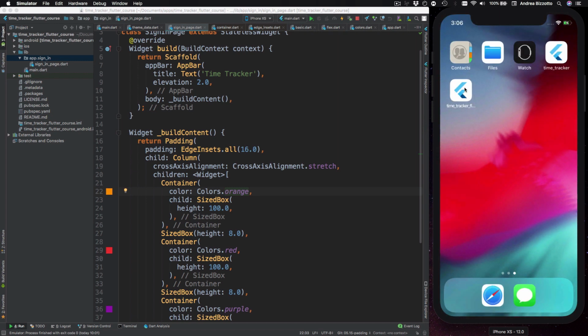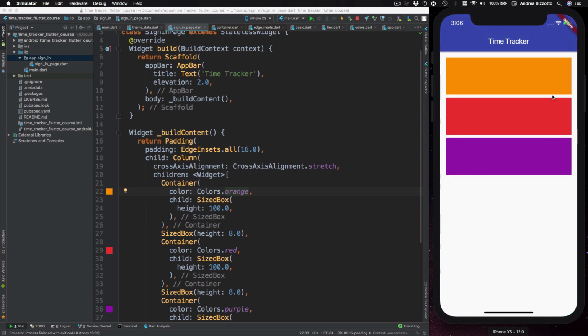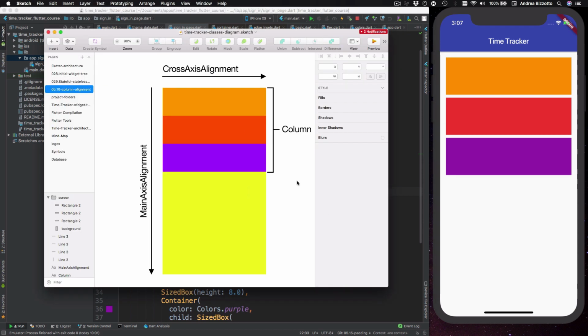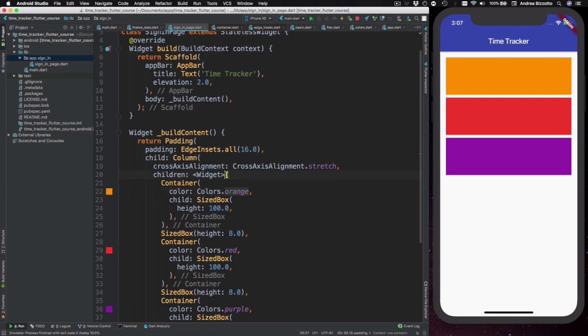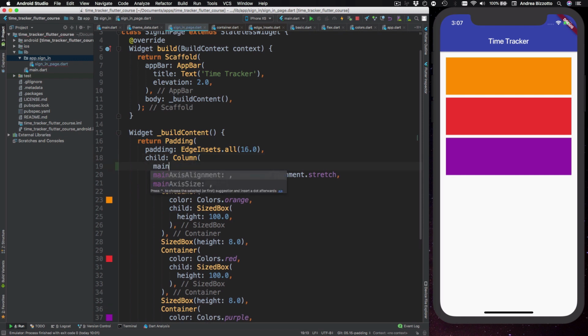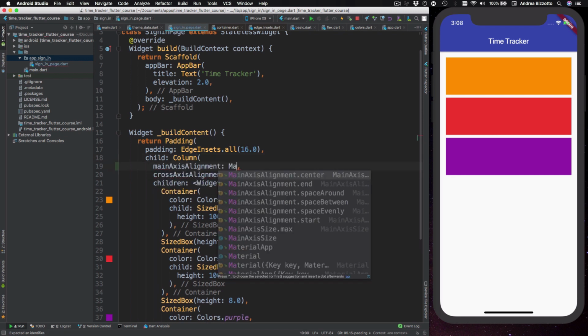So back to our app, we can see that our boxes are arranged to the top of our content area. Now, if you remember, when we started talking about columns, we have seen how the CrossAxisAlignment property works. But there is also another property called MainAxisAlignment, and this is what we need to use in this case. So if we head back to our column over here, we can type in MainAxisAlignment and give it a value of